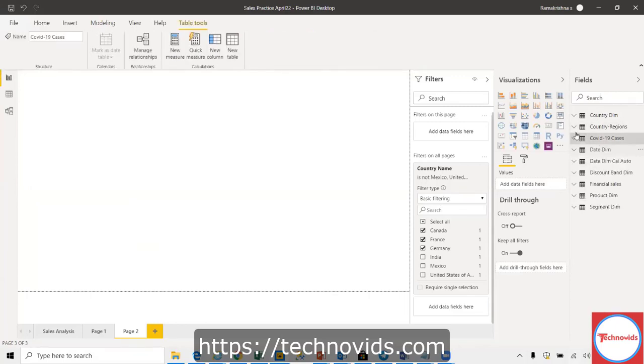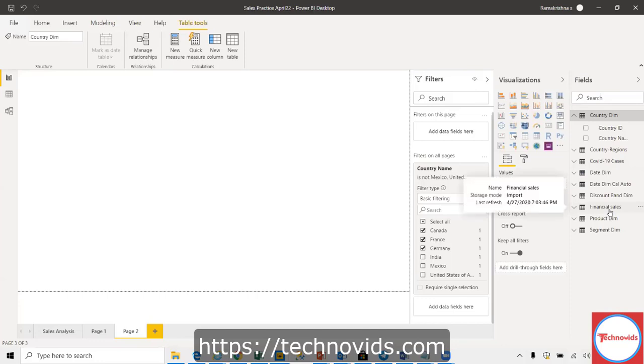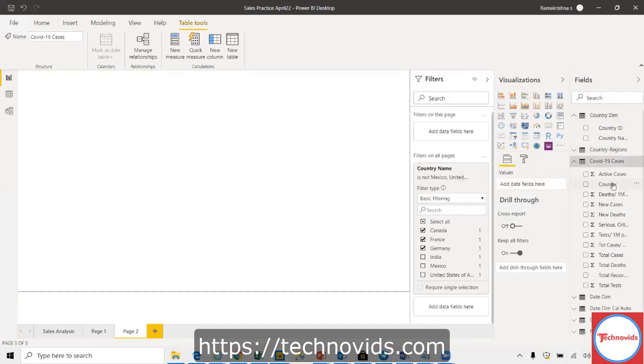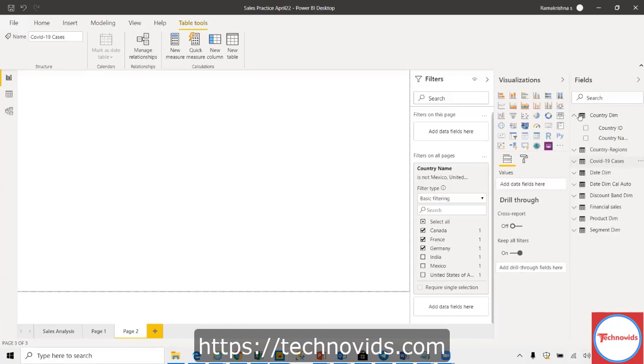Even country is there, no? So this can be linked now. When you link the country, which is a separate dimension currently, what happens to the country dimension which is already there in the database of COVID? In the COVID-19 cases, the country as a dimension is already available. What I'm saying is you can bring the country ID here, not the country name. Then you can record, similar to what we did.